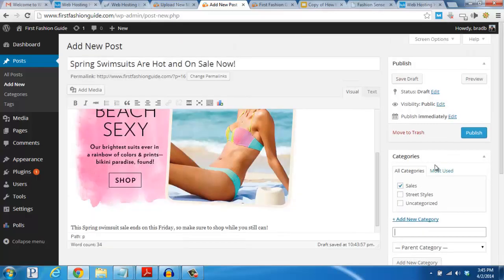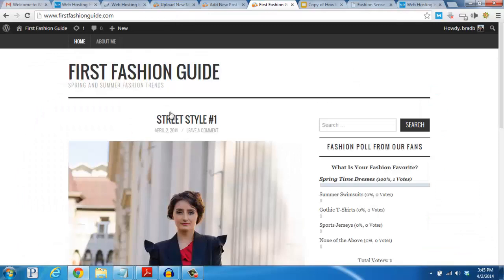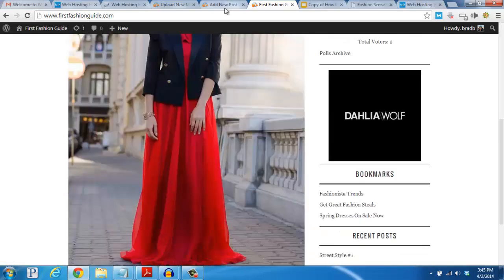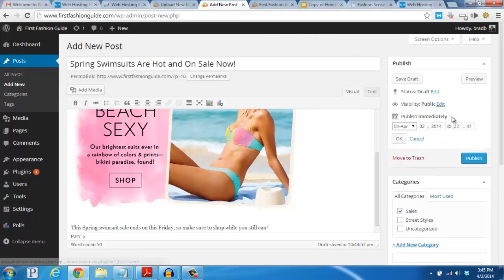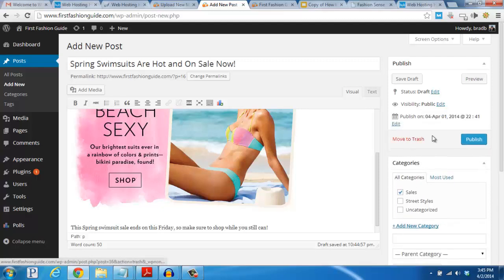And one other thing that I'd like to mention to you is this theme will show your blog posts in the order that they're added, by the date. So you'll see that I just added this one today, which was on April 2nd. So if I want this blog post to show down below this one, the one I'm adding now, I'm going to go here where it says Publish Immediately, and I'm going to click this link that says Edit. And what this allows you to do is change the date. So if I leave this on April for the month, and I do April 1st, and then click OK, what it's going to do is when I click Publish here,